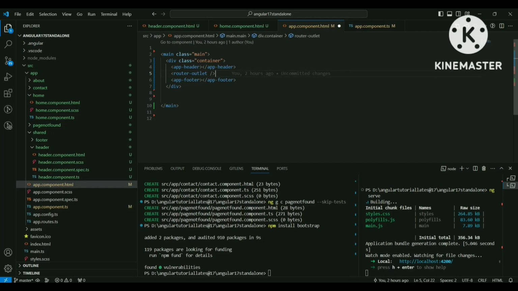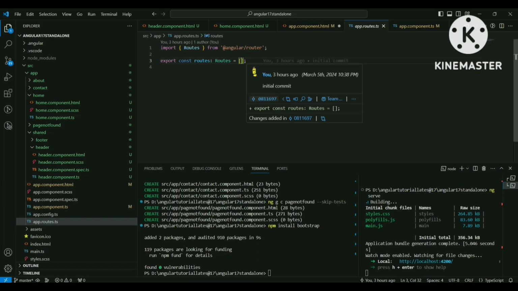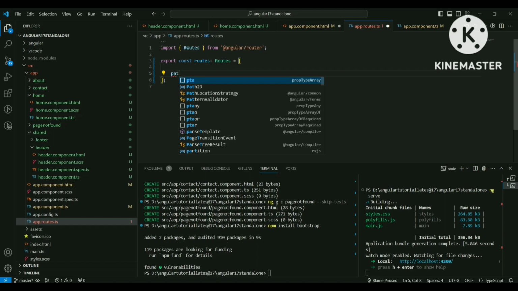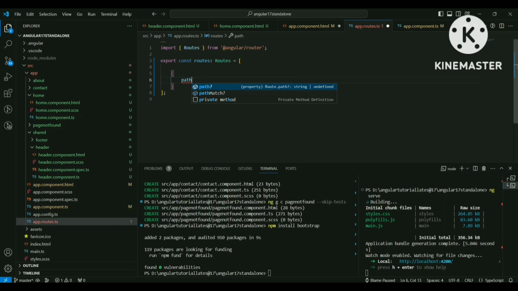Let us move to our app routes.ts file. This will be the file that handles routing. In our modular structure, there was app routing.module.ts in which our routing was handled. Let us see how we can implement routing over here. So things are almost the same, but a few differences are there. I need to create a JSON object over here and I will mention path home